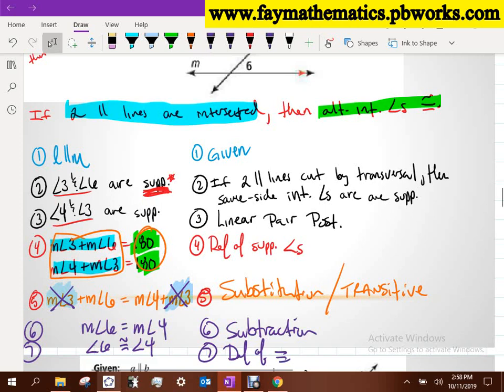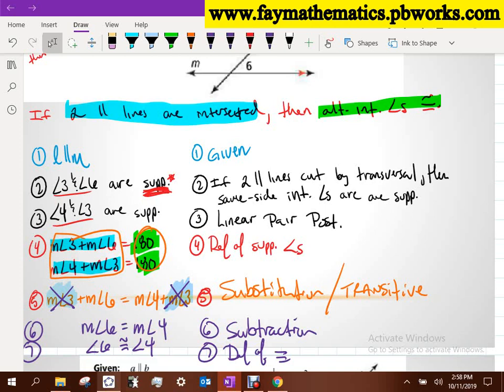And that step there matches up to what we set out to prove: angle 6 congruent with angle 4, or angle 4 congruent with angle 6. And those were alternate interior, right? Okay? And proving the other theorems about alternate exterior or corresponding is a very similar approach. Okay? Now,